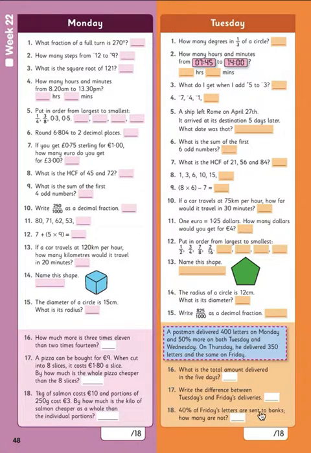40% of Friday's letters are sent to banks. How many are not? So you're working out, how many were delivered on Friday? 350, I think. And then you're finding, well, 40% were to banks. What's left out of 100% that are not? And then simplify that fraction and find that fraction amount of 350. So that's your Monday and your